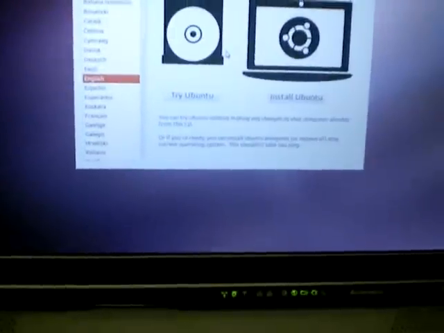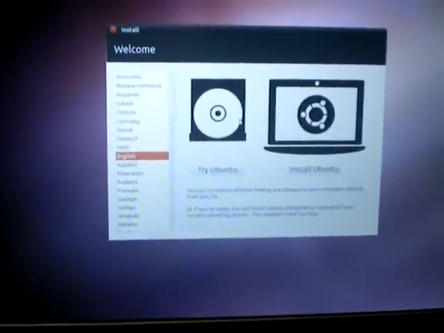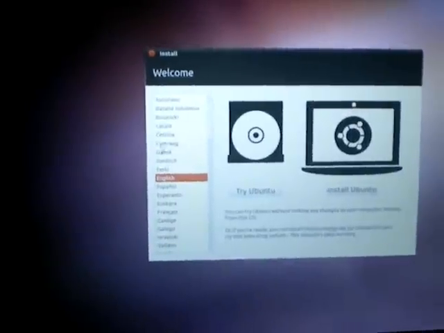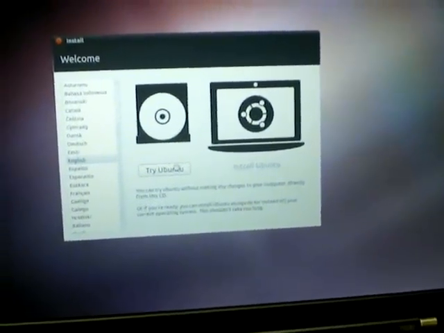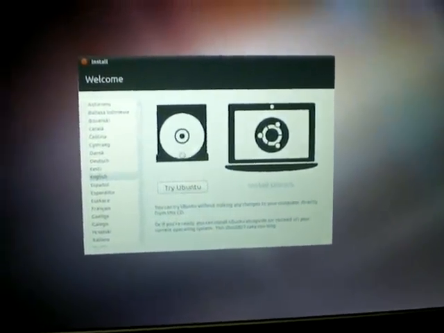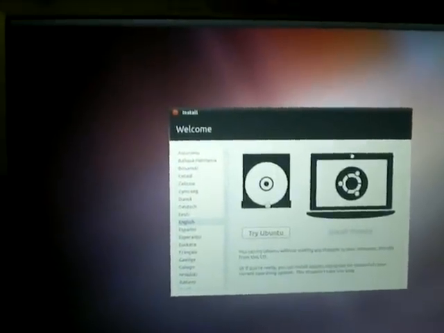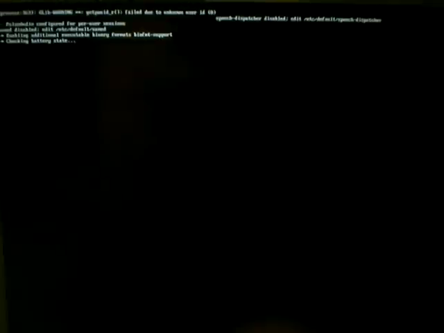Now we can try or install. We just want to hit try here, and we can select the language from the left if your language isn't English. Click try. Now it'll still take a couple minutes for the rest of the desktop to appear, considering we're still doing it off a CD. But we are then going to